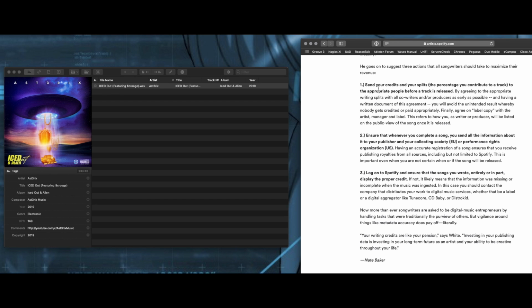The second tip that they've provided is that you ensure that you register with your PRO. I think I've talked about that a lot in the past, where I have been kind of lagging behind with putting my information out on my BMI account, and it's critical because it covers you for the publishing portions for your songs. And Spotify even says that they do use it as a check and balance, even though